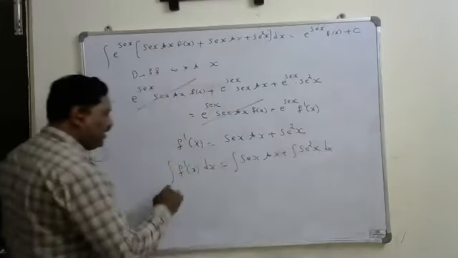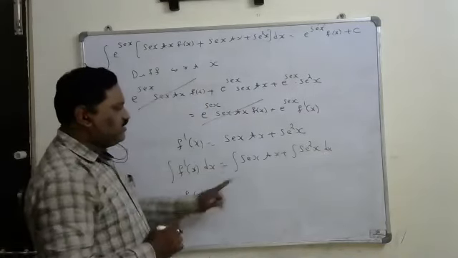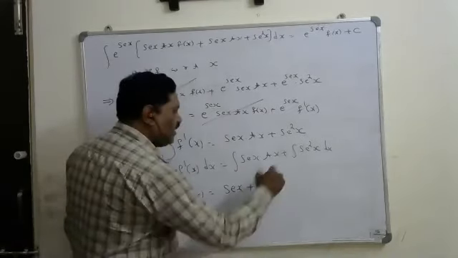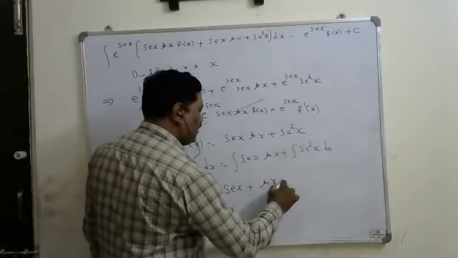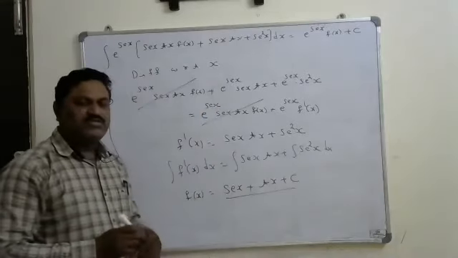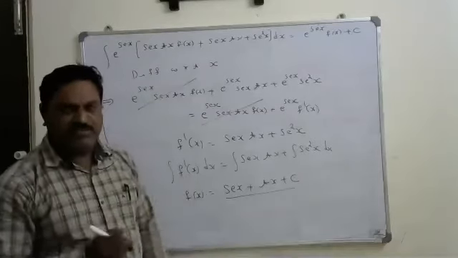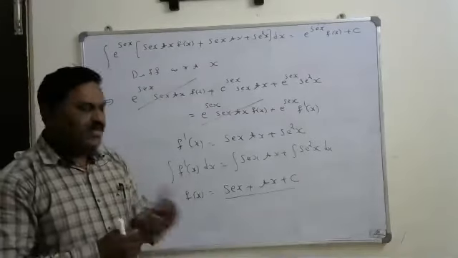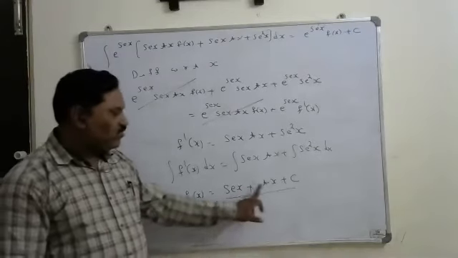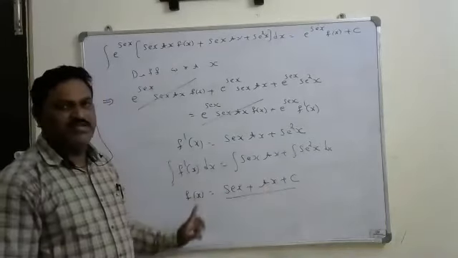Okay. Now we know that integral f dash x, which is f of x, is equal to integral secant x into tan x, which is secant x, plus integral secant square x, which is tan x, plus c. So this is the function f of x. Okay. So sometimes for finding the value of the c, they also may give one more condition. Suppose f of 0 is equal to 0. If x equal to 0, f of 0 is 0, secant 0 is 1, plus tan 0 is 0, plus c. Means c value is equal to minus 1. You will substitute the c value there and you will find the value of f of x.